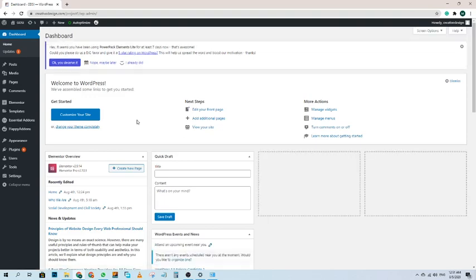After that you will successfully log into the dashboard of your WordPress website, and this is the dashboard of your website.